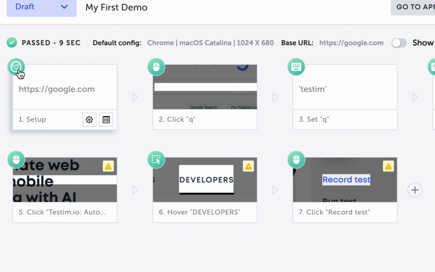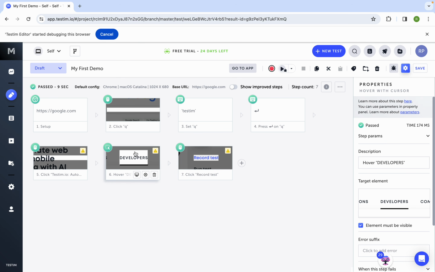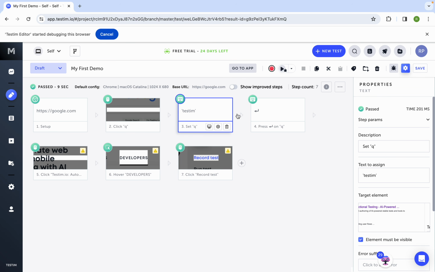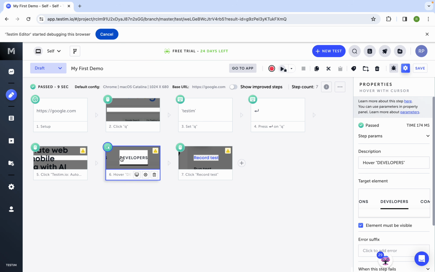Also you can see the icons here. This is a browse action, browse tab, this is a click step, this is typing something or setting the text step, again this is a mouse action, this is hover action. So you can see all this here, and then here also you can see,